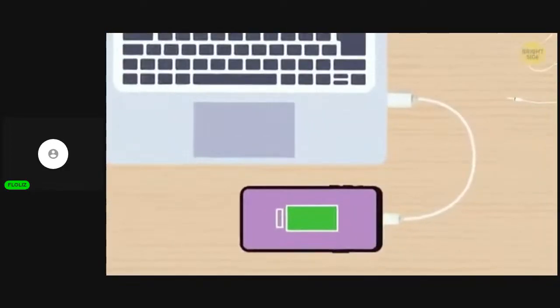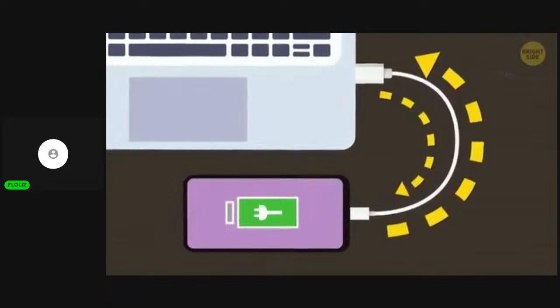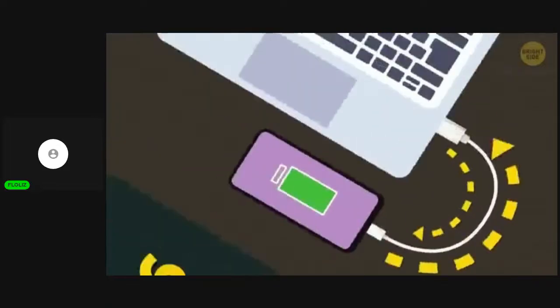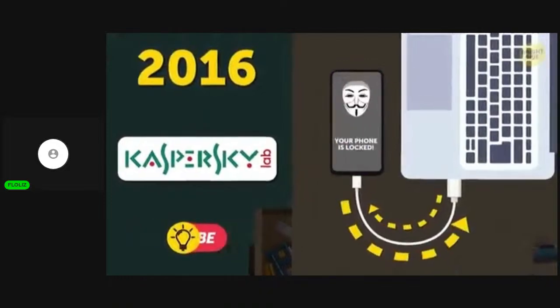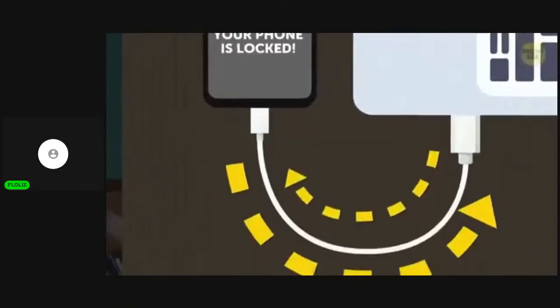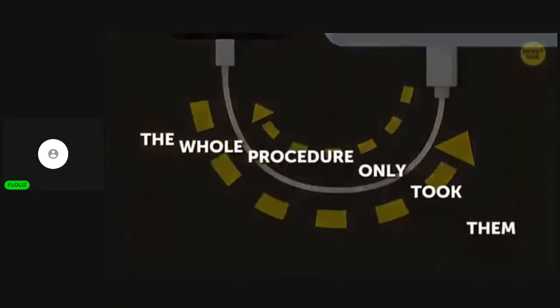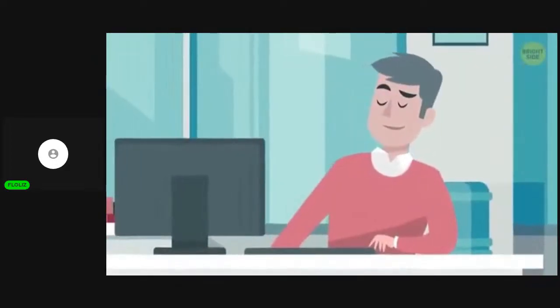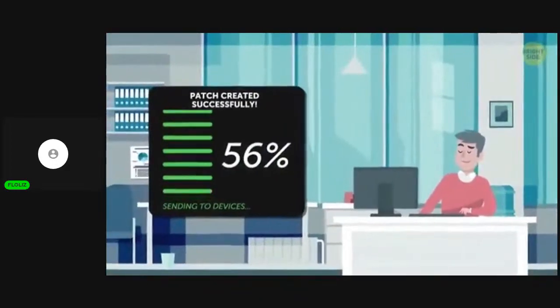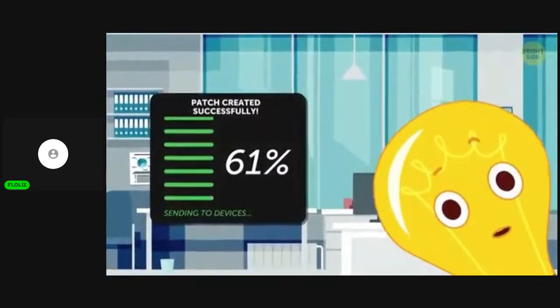The thing is that smartphones receive data through the same USB port that they charge from. In 2016, Kaspersky Laboratory staff learned to install external software and viruses on smartphones using USB cables. The whole procedure only took them 3 minutes. Sure, the cybersecurity guru used their discovery to develop an antidote, but the ones